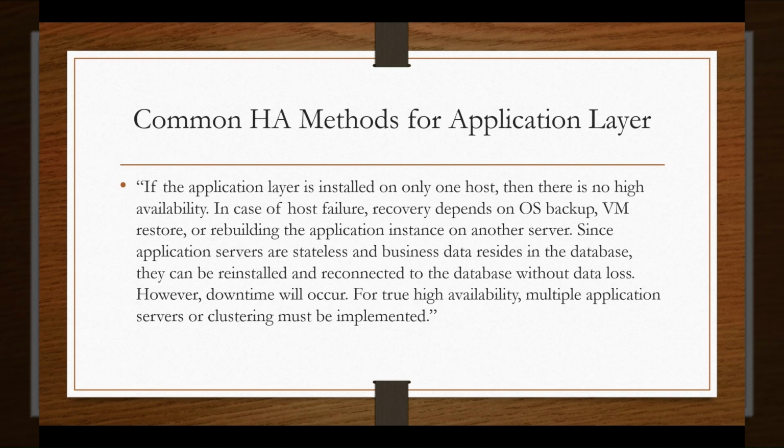We will have to install a new application and connect it with a database. Depending upon what kind of failure it is, we can take a backup and restore the system. In case any of the options doesn't work, like restoring doesn't work, we have to install a new application system and then connect it with the database. So that is something that is a little crucial.